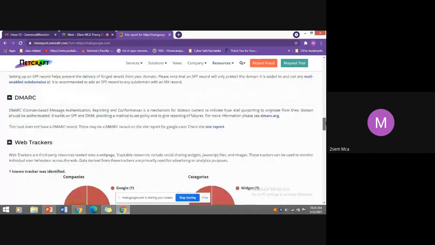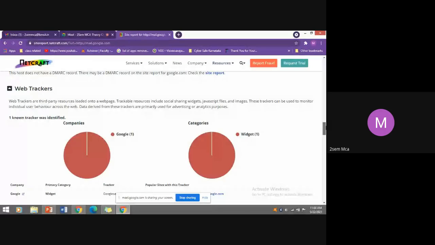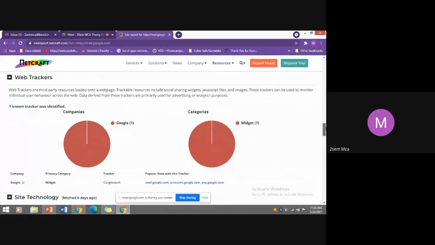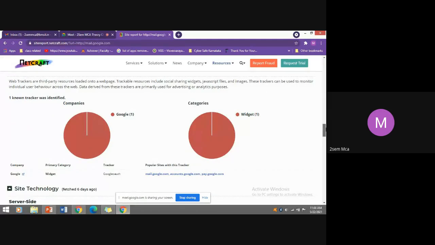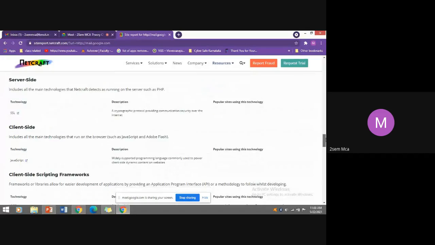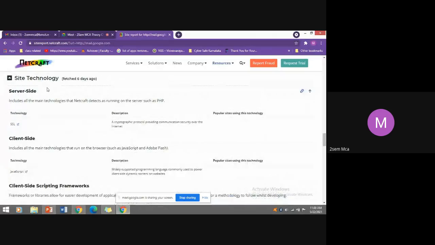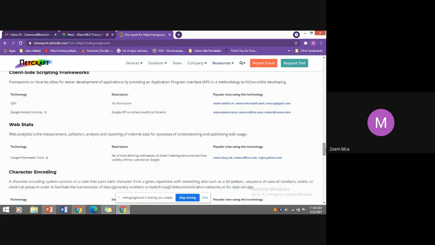Sender policy framework, web trackers, who are all tracking the web, one known tracker identified. Server side information, SSL technology they have used; client side, JavaScript they have used to deploy the website. See, minute details of the website google.com you get through the Netcraft tool.